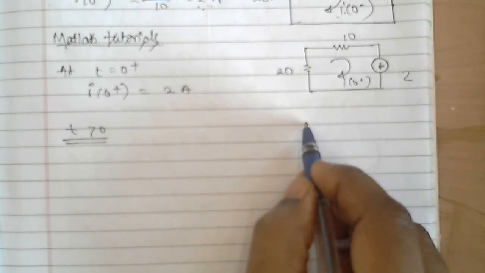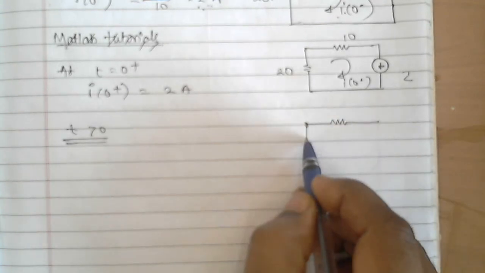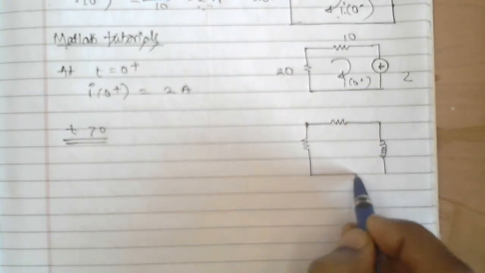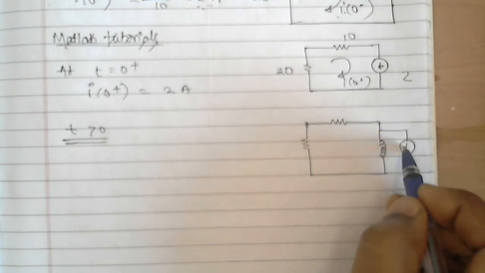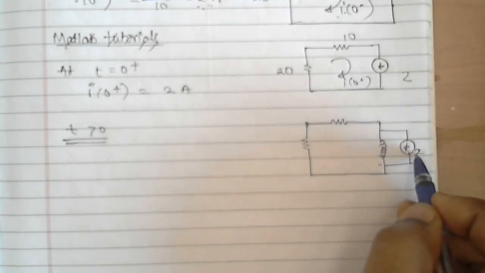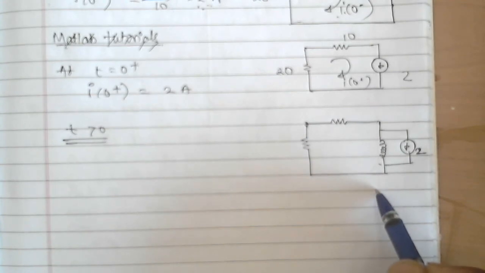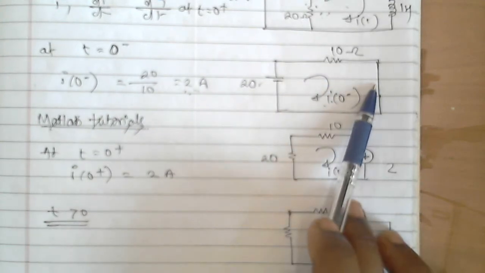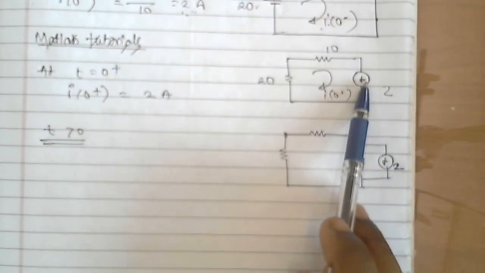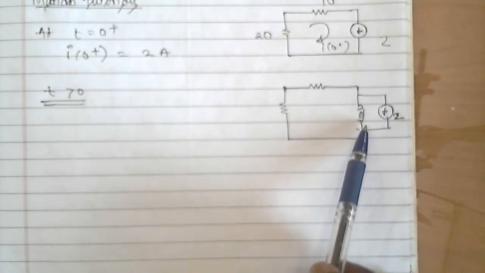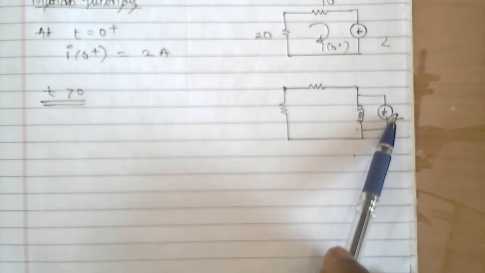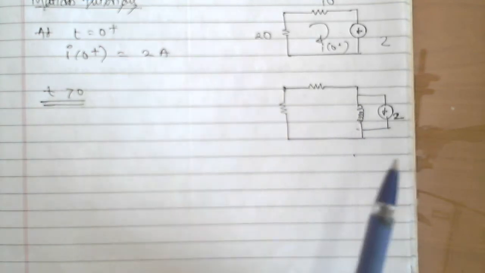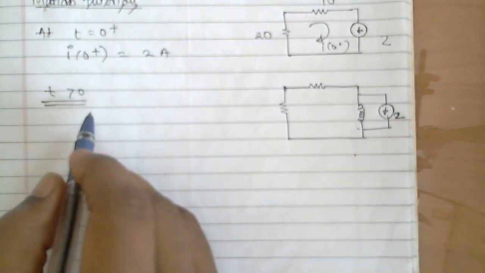So now the circuit will be, see, it is very important, the inductor will act as an inductor itself. At the same time, it will act as a current source also of 2 ampere. Are you getting what I'm saying? Before switching, the inductor has reached steady state. So just after switching, it will act as a current source, and after some time, it will act as an inductor itself with a parallel current source. If a capacitor was there, then it will act as a capacitor itself in series with the voltage source. Okay, so now I can write the KVL equation for this.